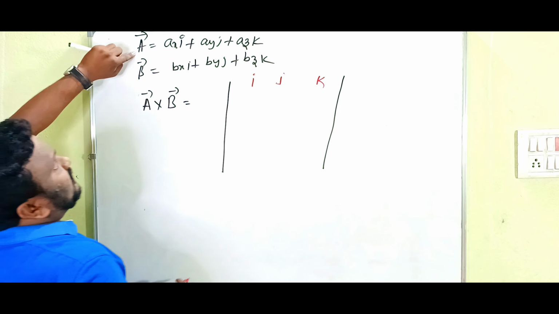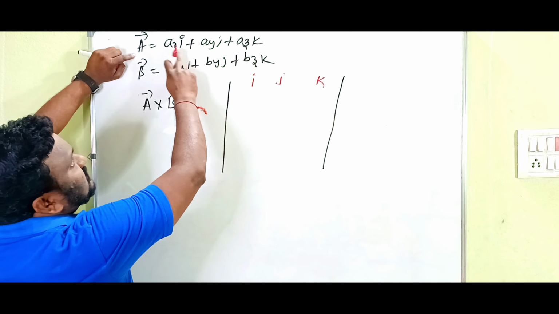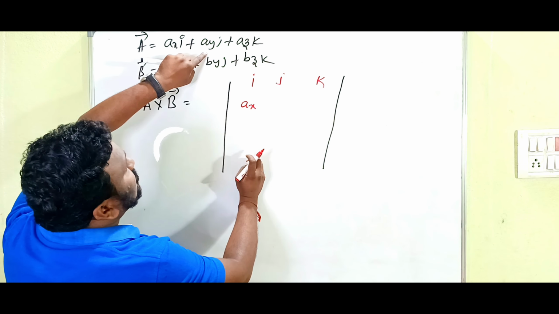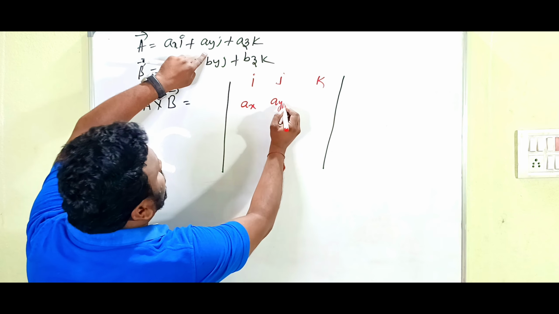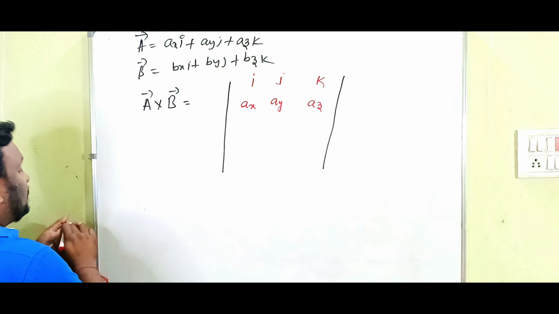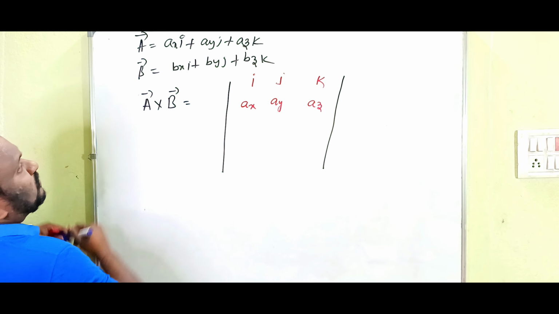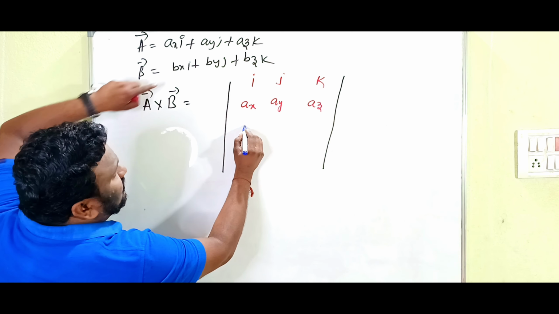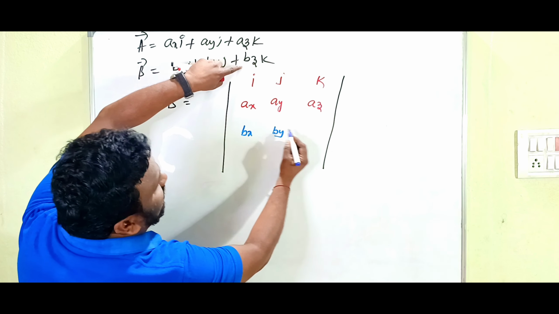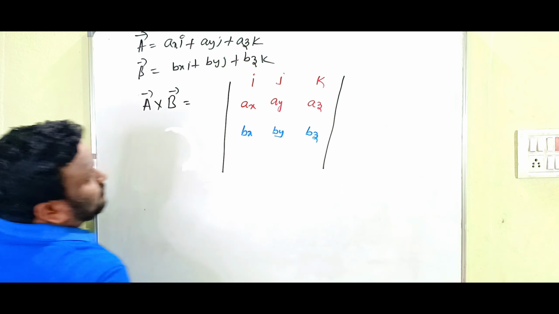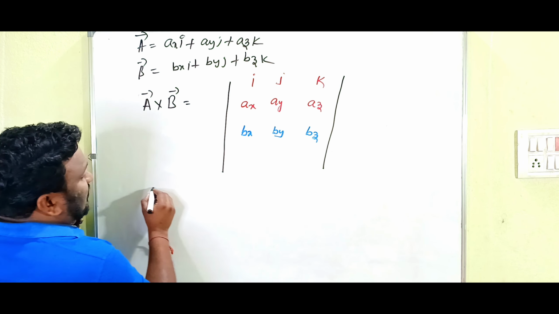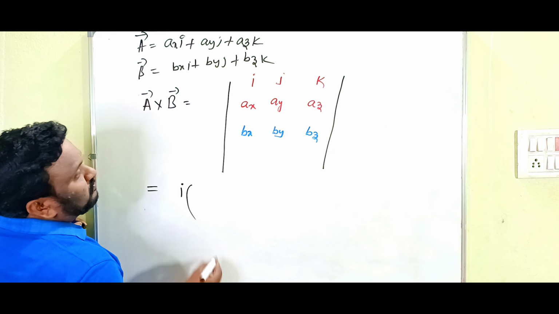In vector A, what is the i coefficient? Ax. That's why I am writing here Ax. And the j coefficient is what? Ay. The k coefficient is what? Az. Clear? In the same manner, for vector B, the i coefficient is Bx, the j coefficient is By and the k coefficient is Bz, children. After that we can simply write like this: A cross B is equal to i of